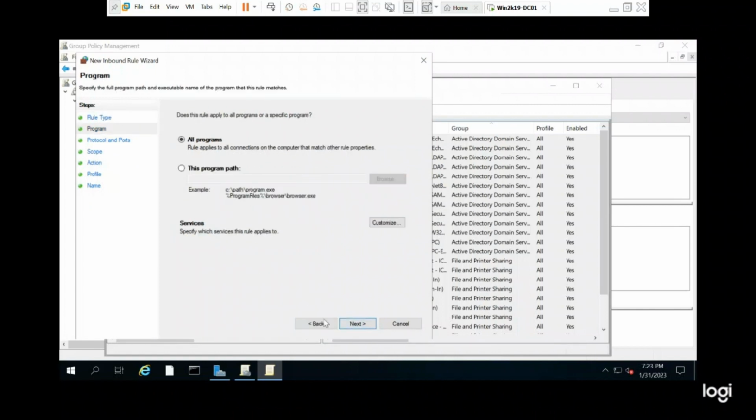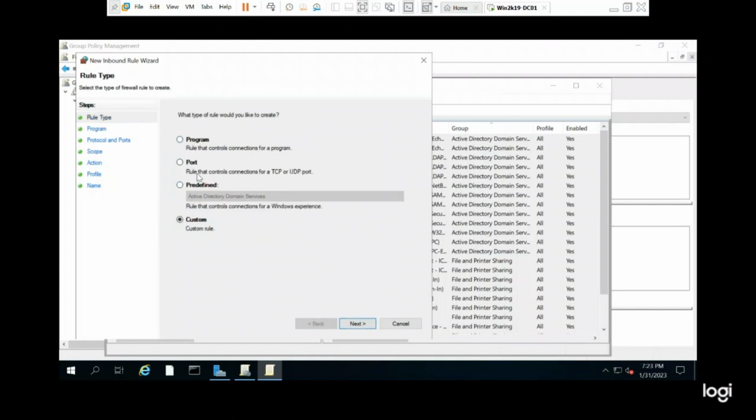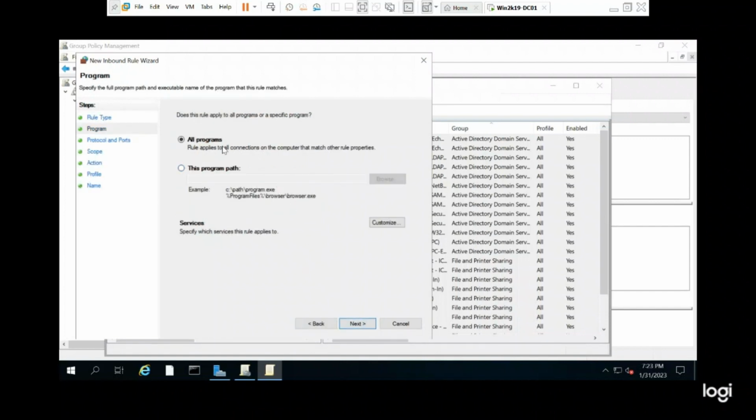Sorry, we have to go back. We will be choosing program, port, predefined, and custom. I'm going to choose custom, and then we'll be choosing